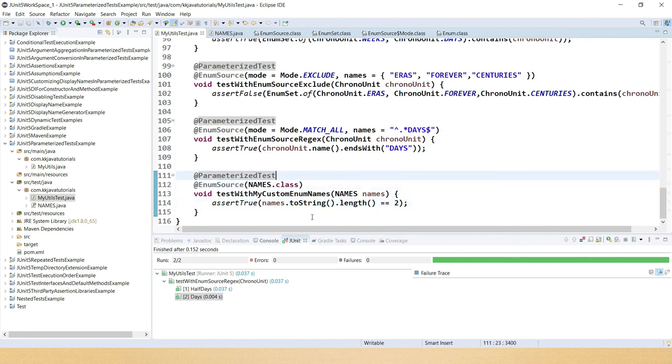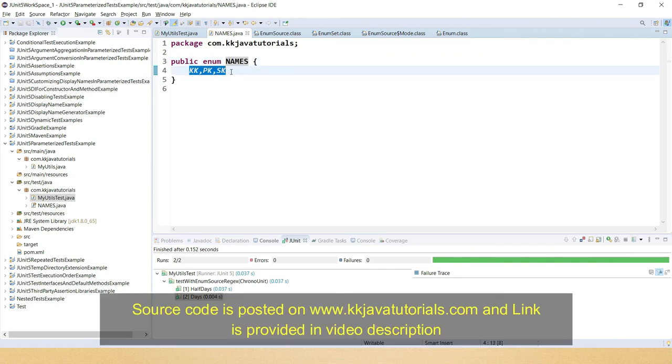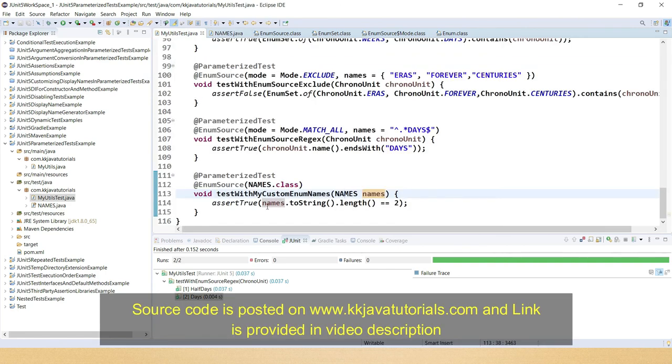But what I am doing in this test case is just calling assertTrue. The number of times would be three, because three constants are available, and I'm just fetching all the constants, calculating the length, and making sure that all the enums have been added in the names with the length too, right?